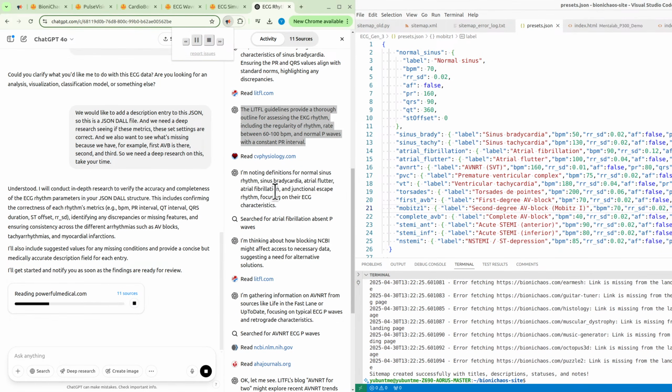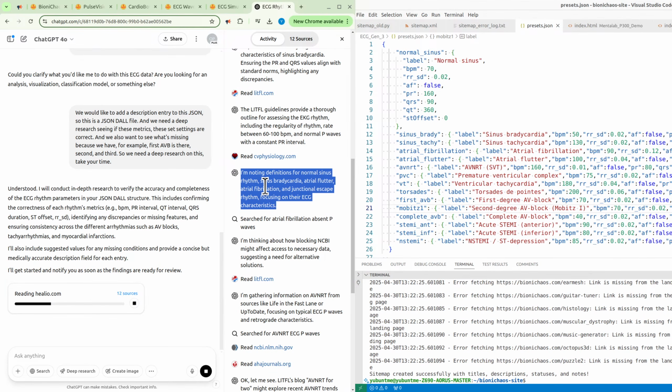The LITFL guidelines provide a thorough outline for assessing the EKG rhythm, including the regularity of rhythm, rate between 60-100 BPM, and normal P waves with a constant PR interval. Okay, assuming these sources are legit, thank you very much.